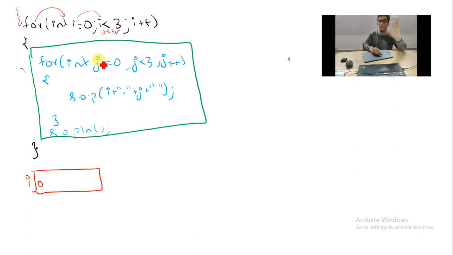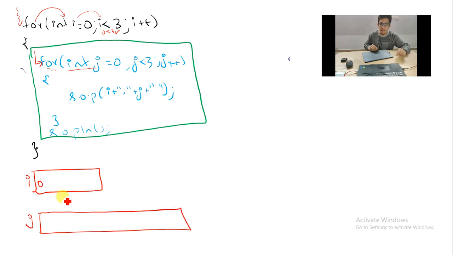Execute the body of the i loop, you are telling, which means now the control will come here to the body of the i loop. When the control comes here, it will see, yes, for loop, so it will give the control to j, and now your j variable is declared, right? It is declared. So your j memory becomes like this. It is initialized with 0, so the j value becomes 0. Now you are checking the condition. Is 0 less than 3? Yes, 0 is less than 3.